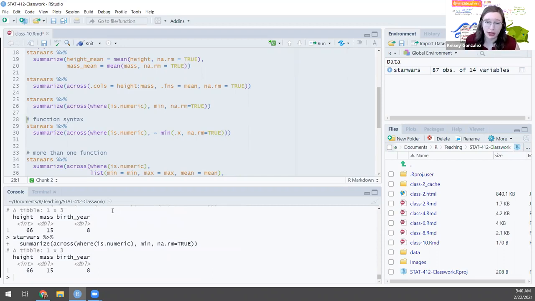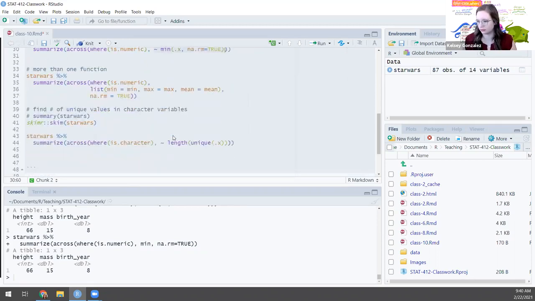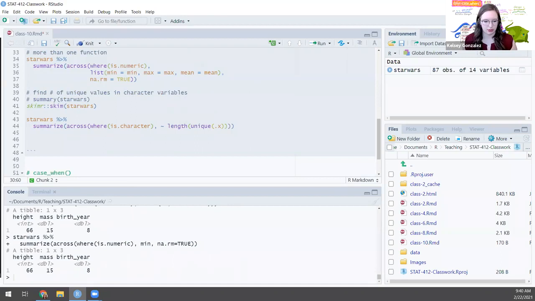Oftentimes when I'm actually writing across functions, I end up using this one because it's more flexible in the options you're applying and the complexity that it can arrive to. Okay, so one moment. So if I wanted to apply more than one,